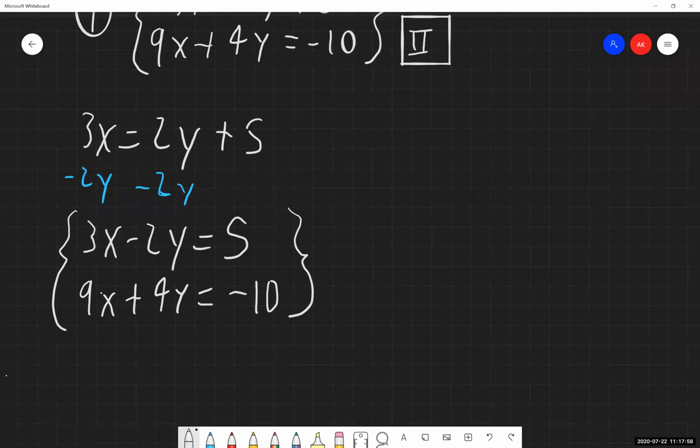And again, we still have our equation 1 and equation 2. So again, that was our first step. We rewrote both equations into general form if they weren't already in that, which is what we have now. Make sure when you're writing these things out, make sure you have the x terms aligned vertically, the y terms aligned vertically, and the constant terms on the other side also aligned vertically. It's going to be really helpful for our second and third steps with this.